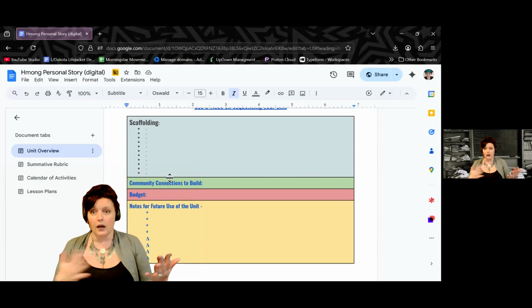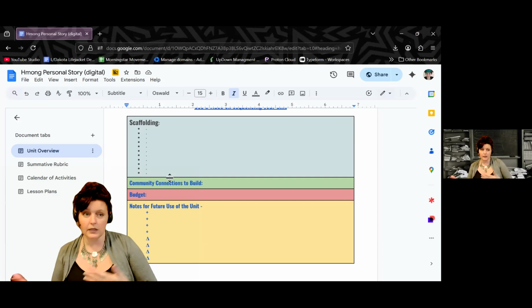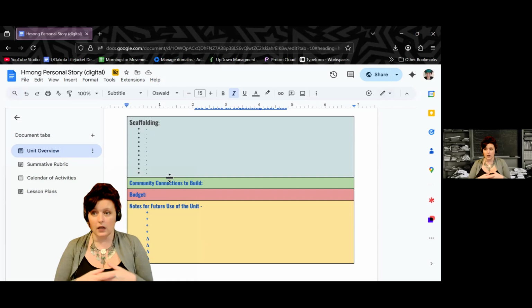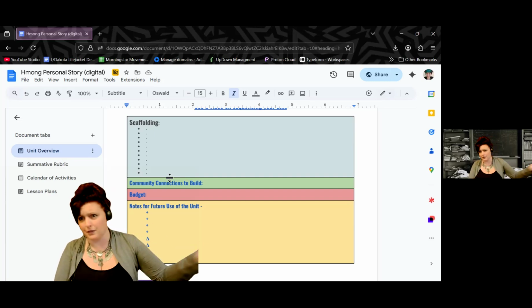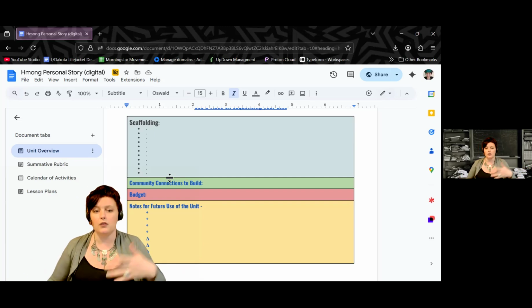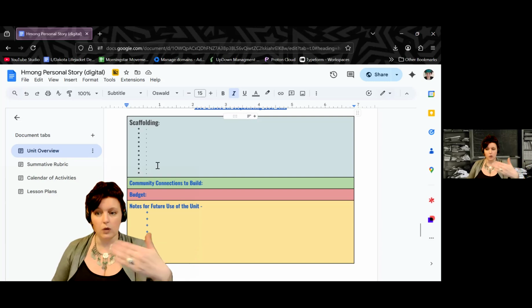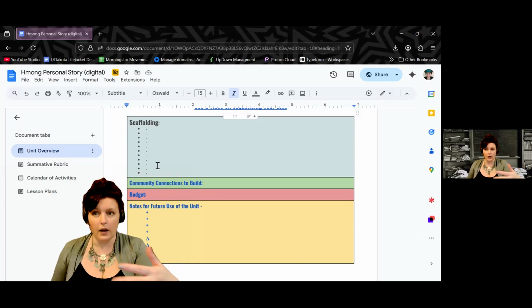Every group is different. Your sequence may be different. Their pre-existing knowledge may be different. What you find works really well with them may be different. What you've already done too much of and they're sick of it and you don't want to do it anymore may be different. So this is a worksheet space for you to note whatever scaffolding items or strategies,